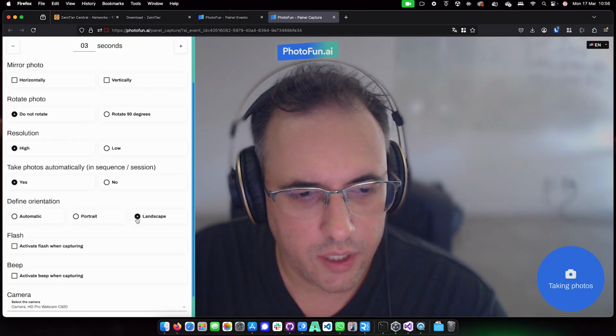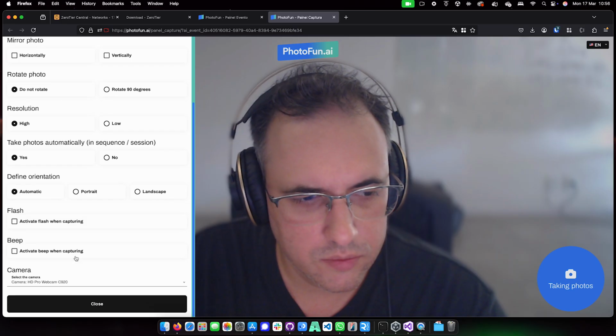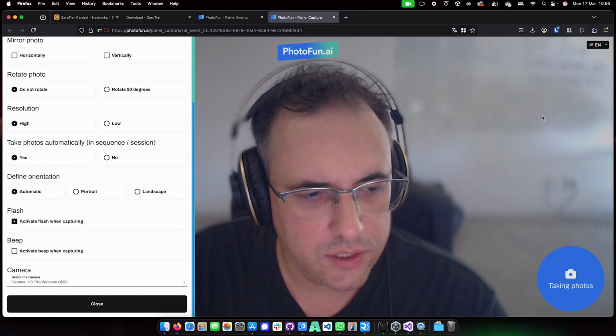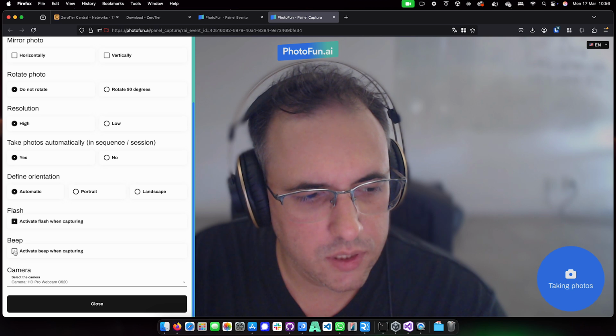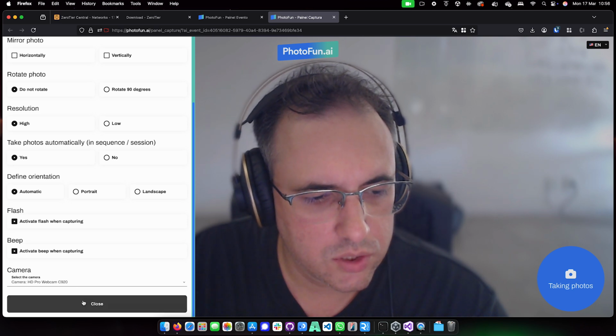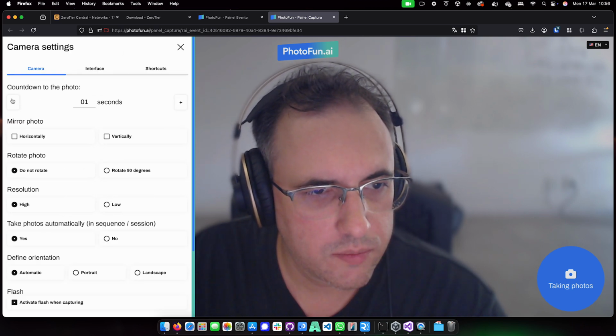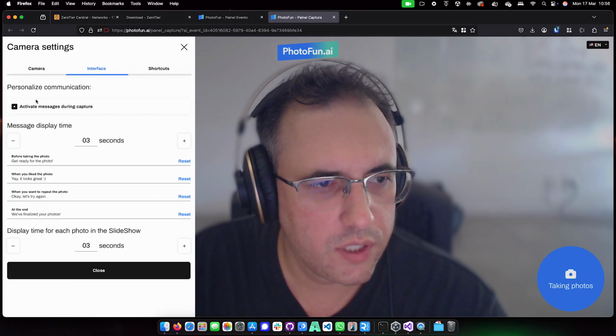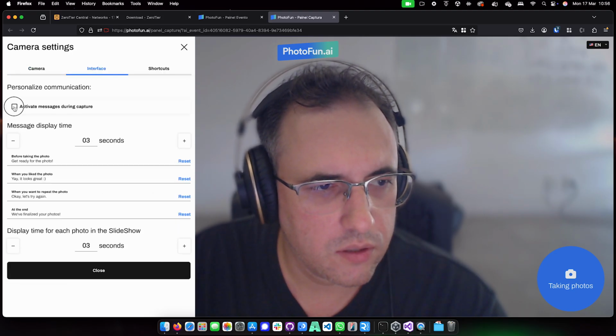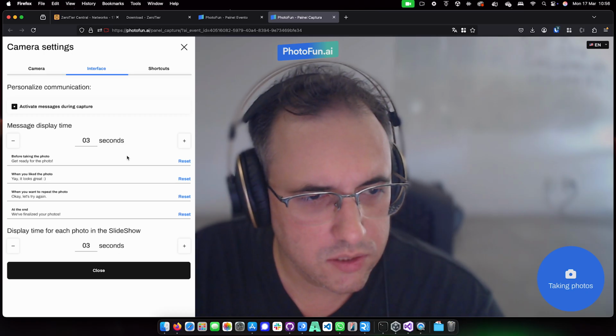Oh, this is an extra orientation, and this is the flash, so the screen is going to be white while I'm capturing, and this is a beep. You can choose the camera right here. I'm going to lower to 1 second, and also on interface you can activate or not activate the messages,